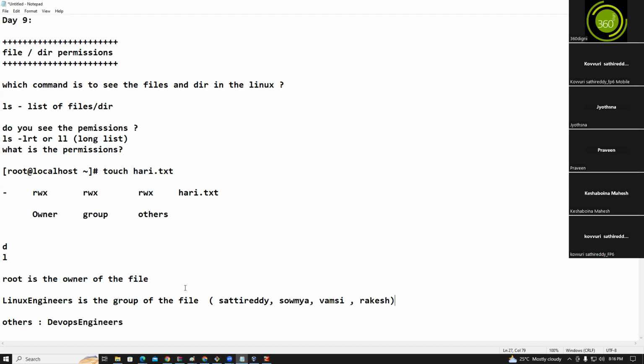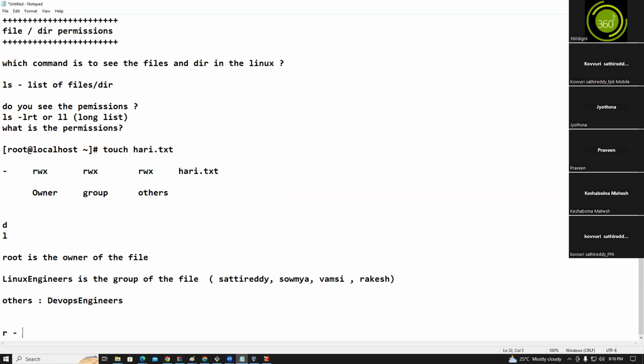So what are the permissions for the Linux engineers? rwx. What are the permissions for the owner? rwx. What are the permissions for the others? rwx. So what is rwx? r is nothing but read. The character format is read. The numerical format is